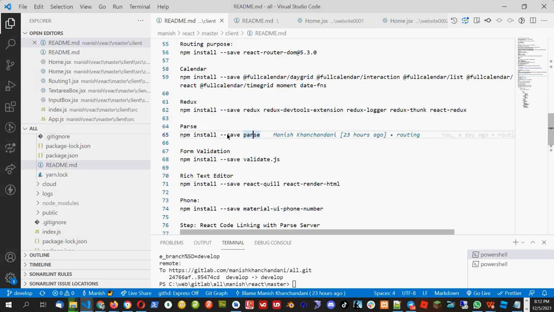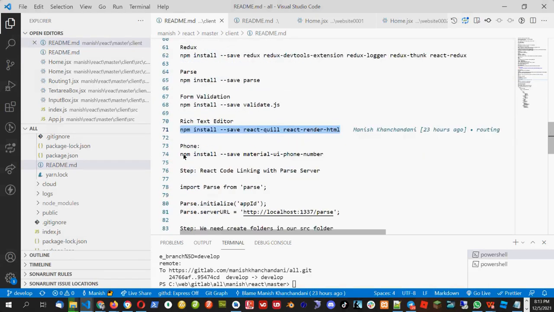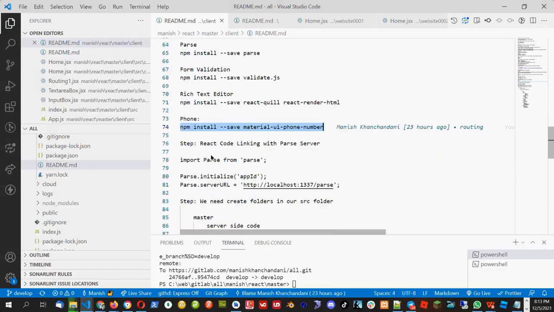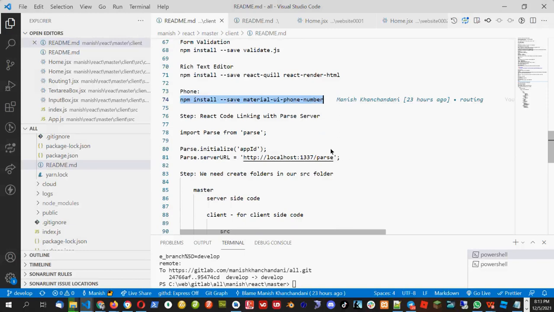Yeah, 23 hours ago. That means this is yesterday. So we installed the calendar part. We installed the Redux part. We installed the parse server, parse client side. We installed the form validation. We installed the rich text editor. We installed the phone, and then we went to the index.js file